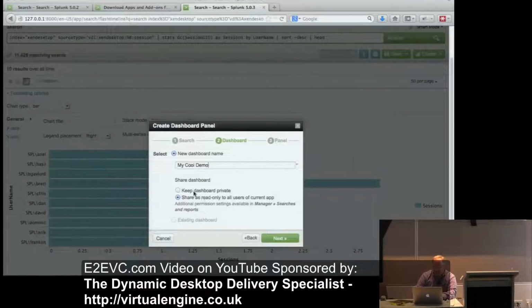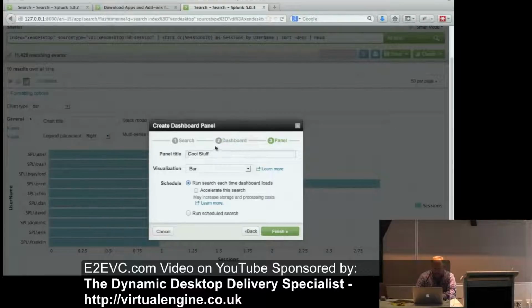You can tell it to run the search every time it runs. You can actually have this scheduled too. So if you want the dashboard to come up immediately with the data, you can say I want this search to happen every 10 minutes or every 5 minutes or every hour, and then it'll just show you the last results that it has. Now if I want to see that dashboard, I can do this. If I want to edit it, I can just click here and say, you know what, I don't know that I really like the bar graph. I decided I really wanted a column instead, and I want to do stack mode. Then I can change it on the fly.